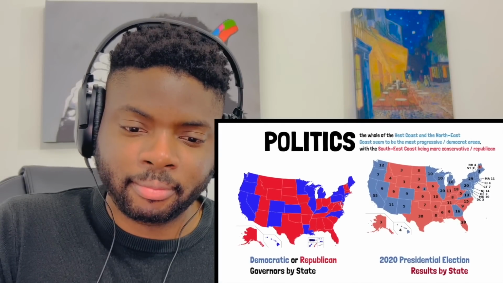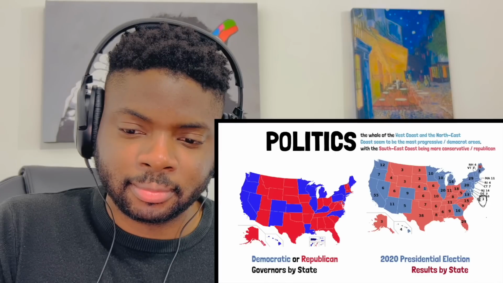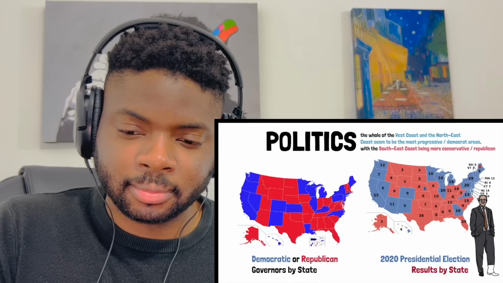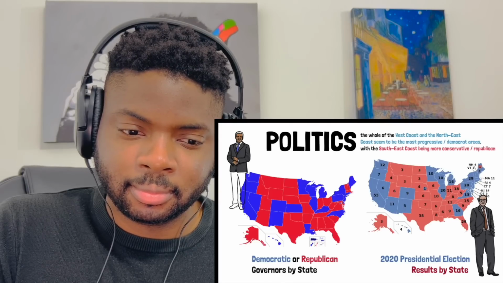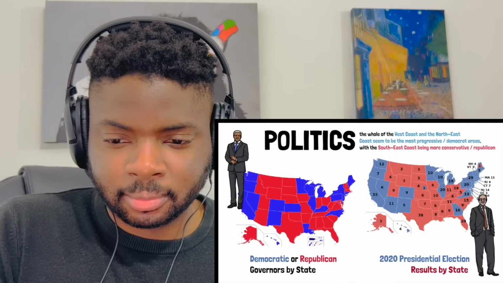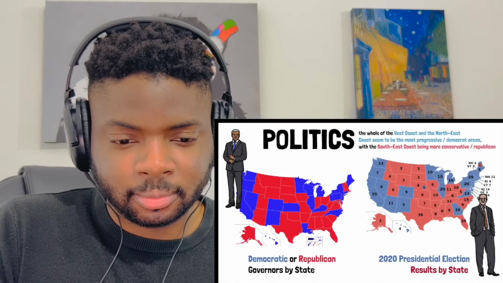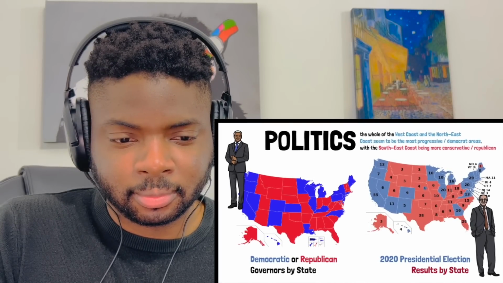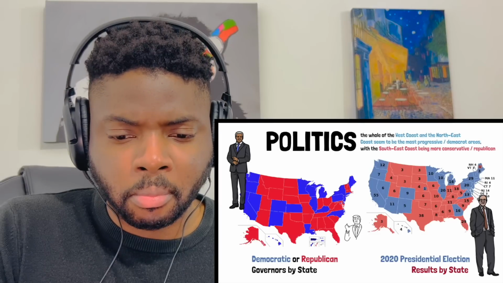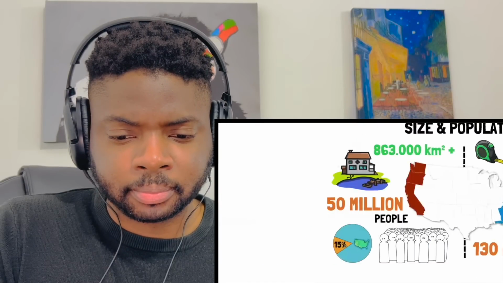The states on the northeast coast are, in my opinion, some of the most progressive in the US, but California itself is as well. The whole of the West Coast has Democratic governors, which are also common in the Northeast, while the majority of the East Coast has Republicans as governors, results that are similar in other types of elections.